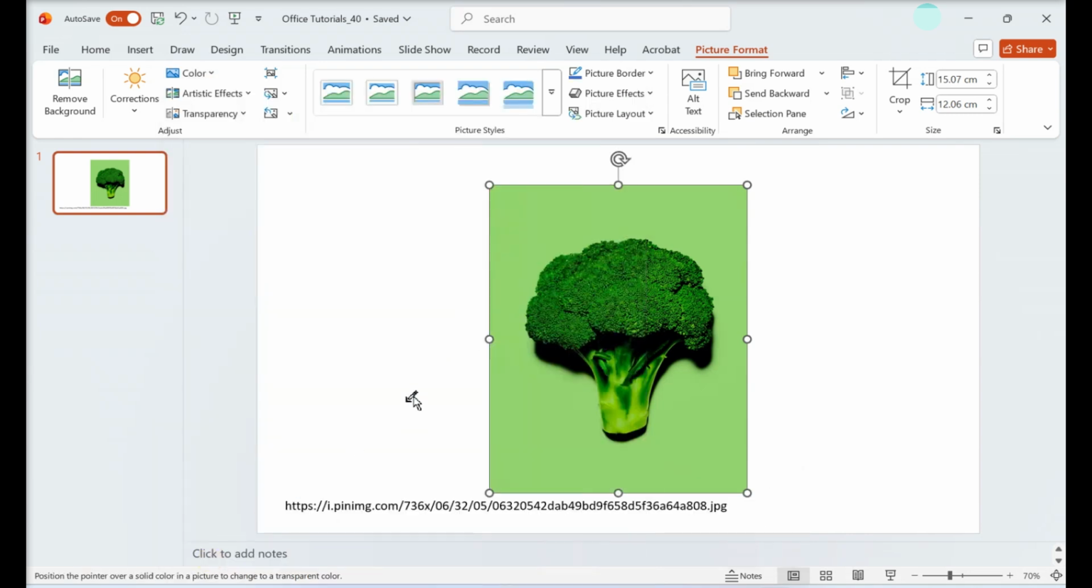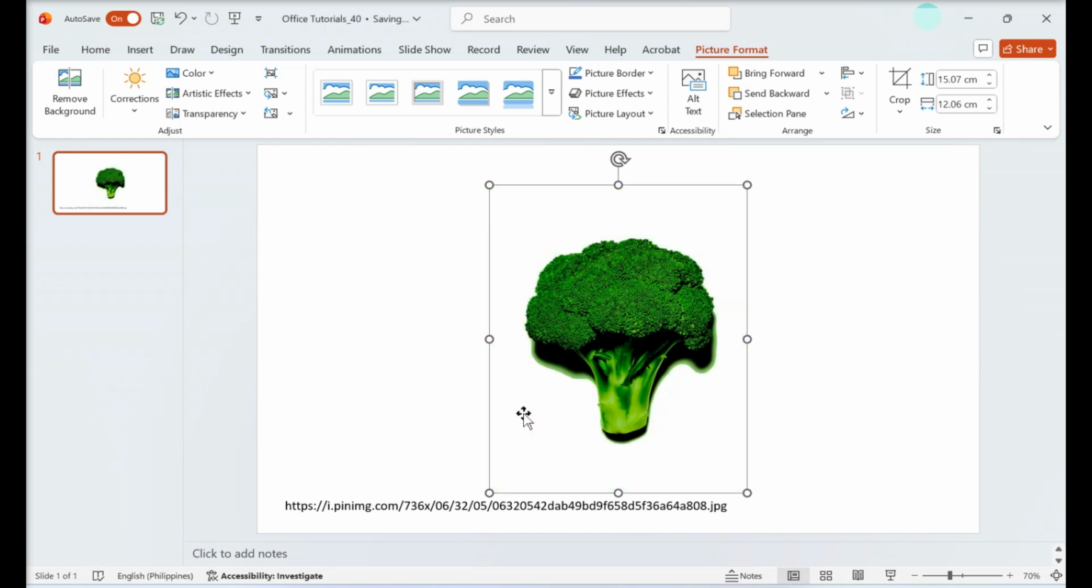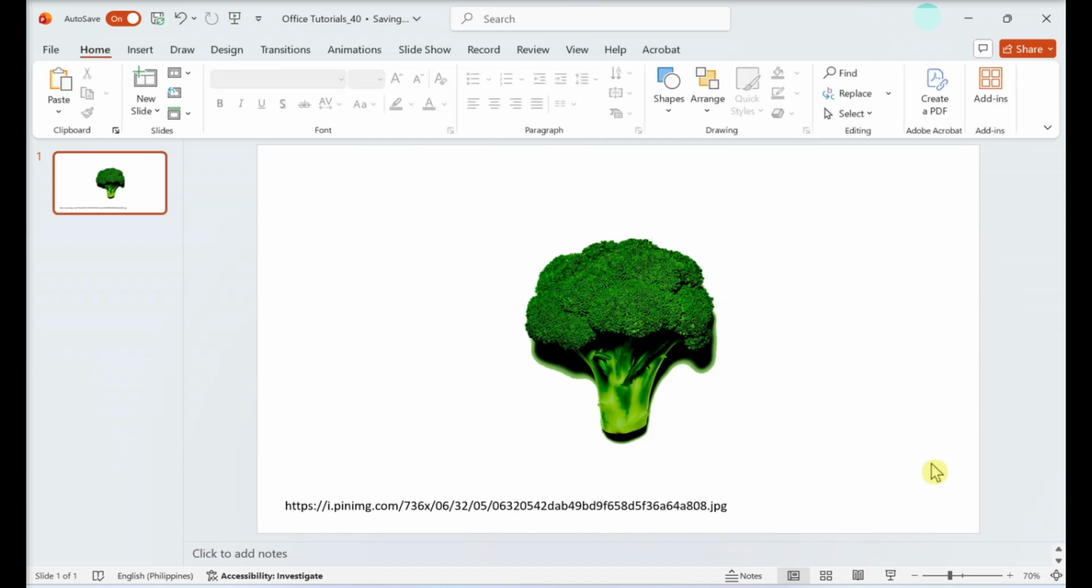Your cursor will change to a pen with an arrow. Hover over the image to the color you wish to make transparent and click on it. Once done, the color you clicked will become transparent. Areas of the image that shared that exact color will now show the background of the slide or other images